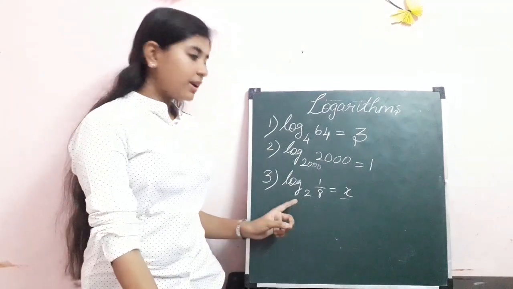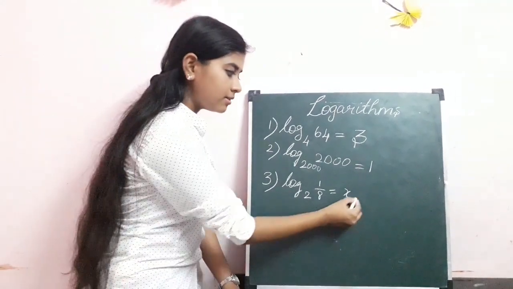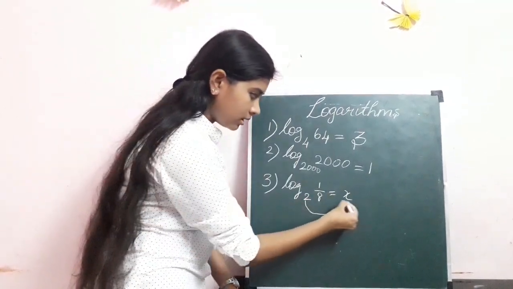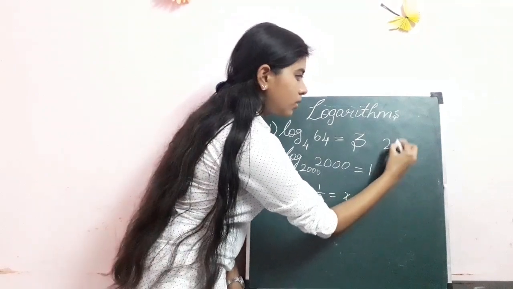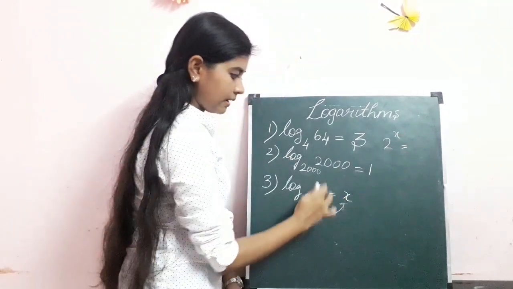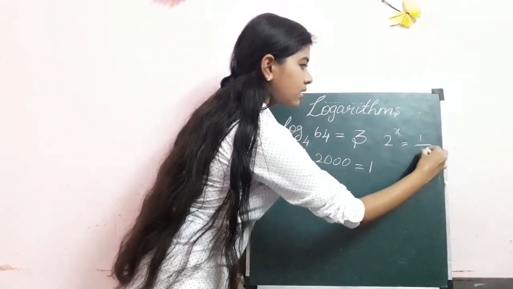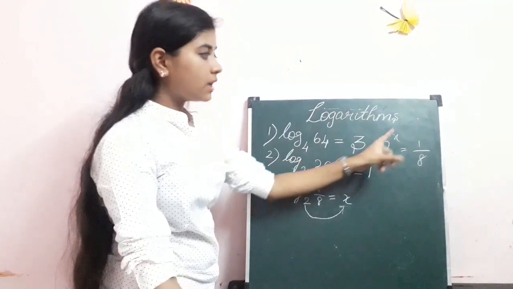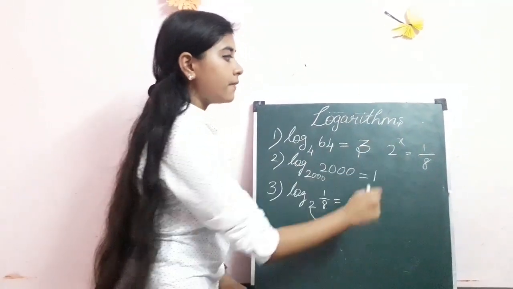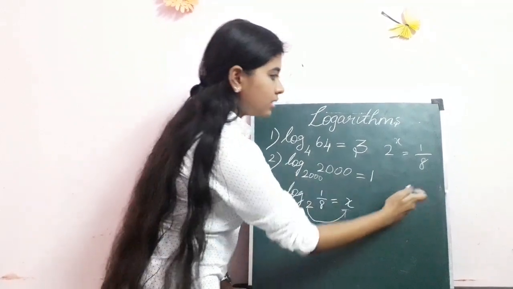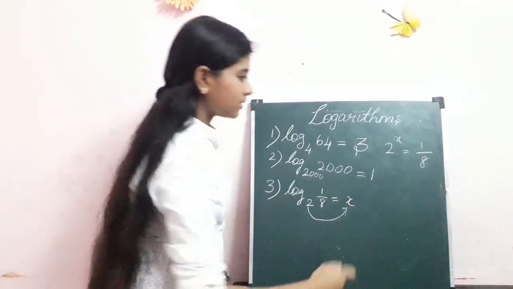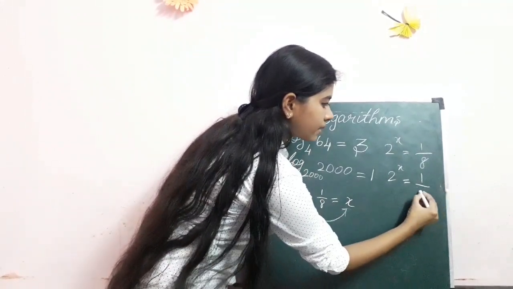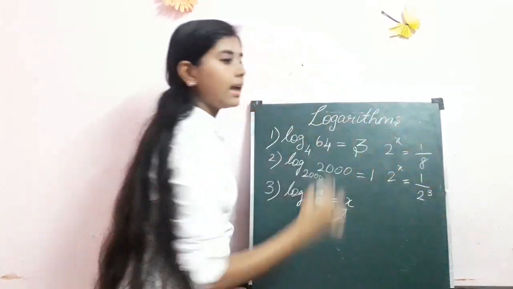Okay. Now we will move to the third problem. We have to find out this x. As I did above, we have to equate this base to this x. So 2 to the power x equals 1 by 8. Now we are asked to find the powers. We have to equate the powers. So to equate the powers, we should have our base same. So turn this 1 by 8 to base 2. 2 to the power x is equal to 1 by 2 power 3, which gives you 8, right?